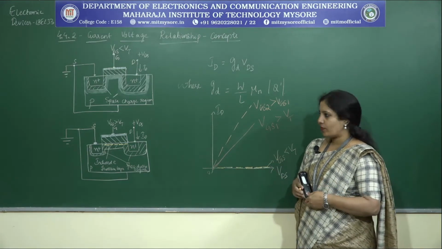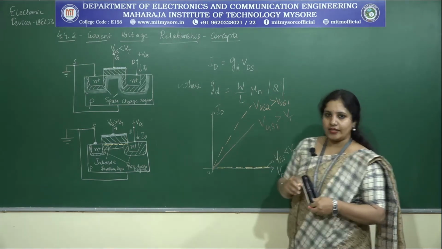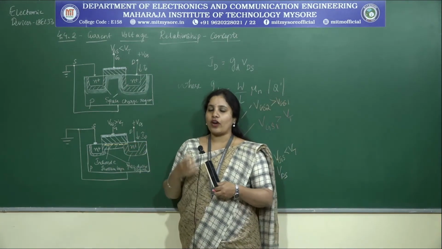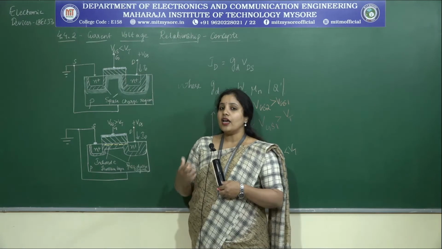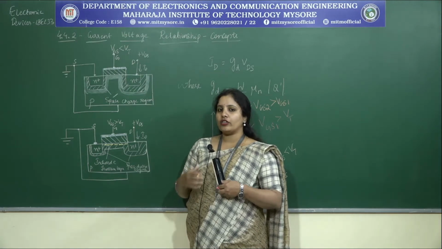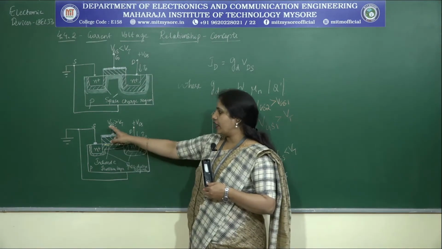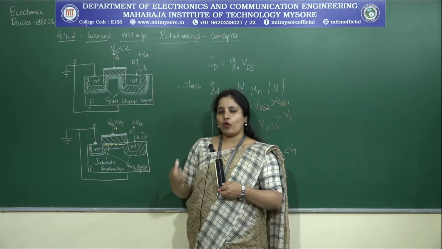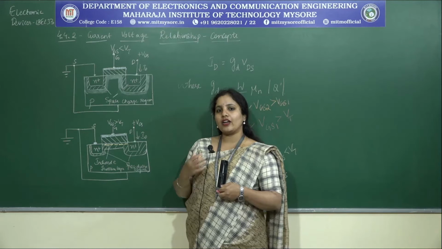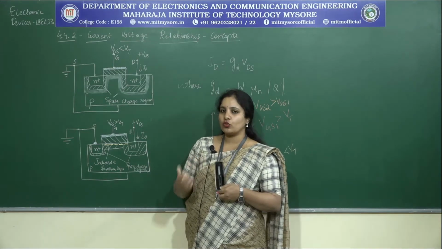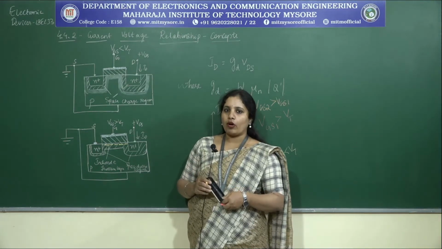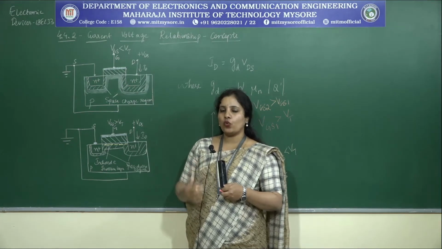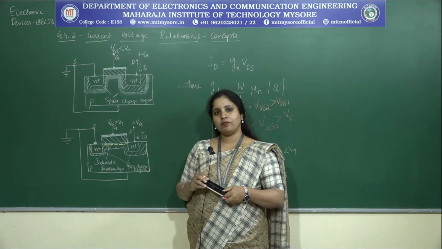So when my VGS2 is greater than VGS1, the current flowing across the device tends to increase. Now from this you can clearly understand that the amount of ID current flowing in the device is dependent on the gate to source voltage that I am providing. So based on the amount of voltage that I am providing, I can decide how much current has to flow from the source to drain. Getting my point? And therefore, if you remember, these FETs are referred to as voltage controlled devices.